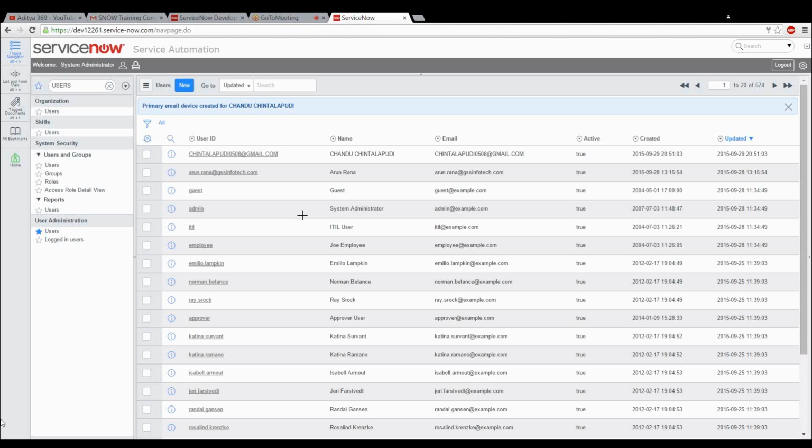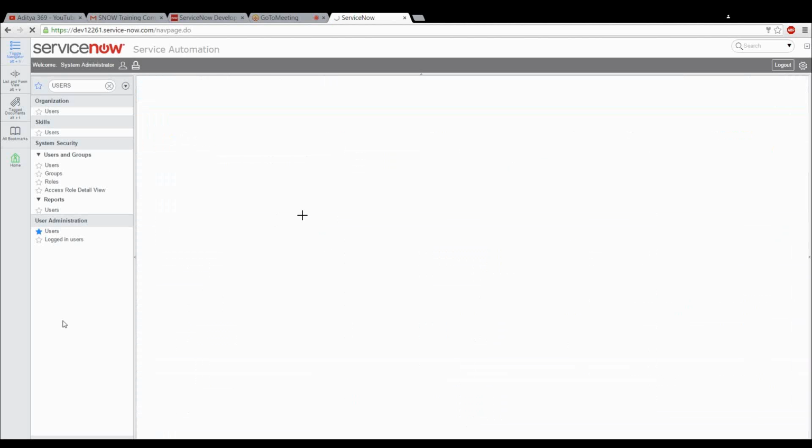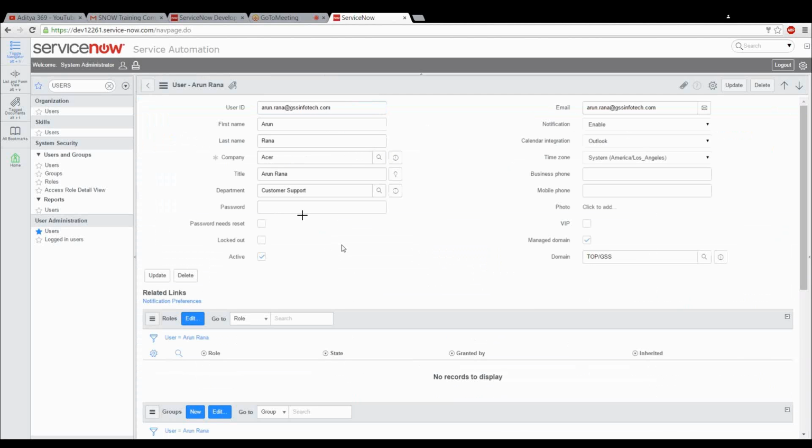So open the record, open Arun's record. Everyone do the same thing. Open the user record Arun Rana. If you come down, in the related links there is a roles section.